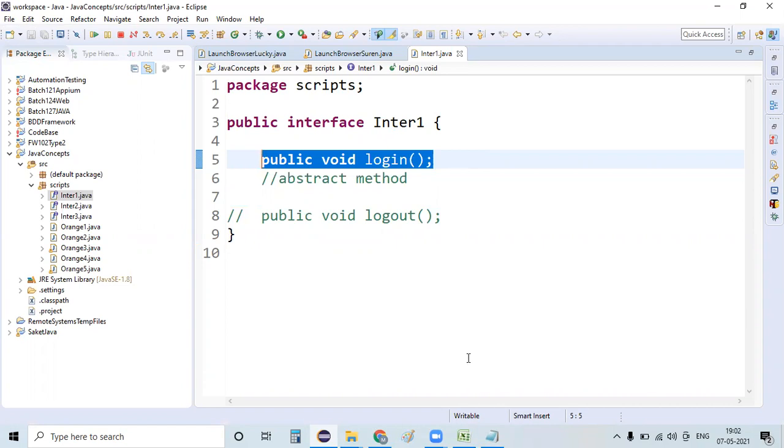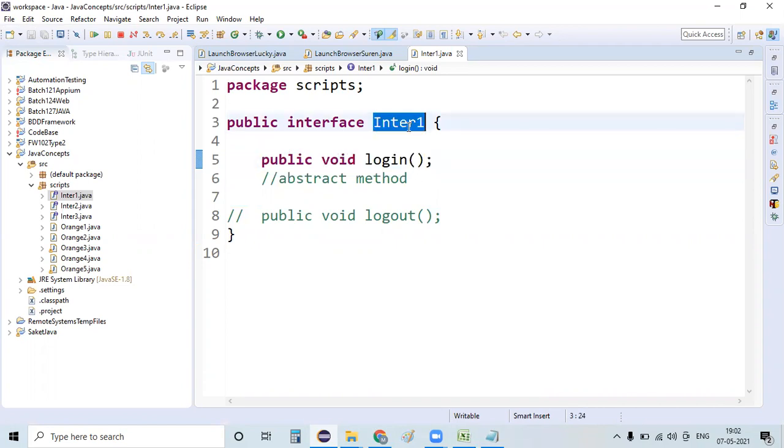That's fine. So what do we usually need to do if I want to create an implementation class? We create one class in which we implement these interface methods, and finally we create a test class in which we create an object of the class which implemented that particular interface.